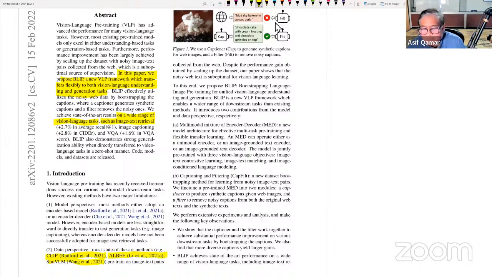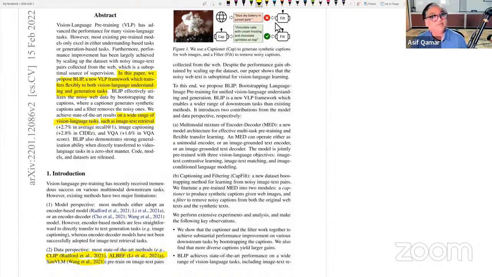So our paper shows that noisy web text is suboptimal. How can they possibly show that? By fixing the caption and retraining the model and achieving better performance. So one of the consequences of this architecture is that it gives you a correction machine, isn't it? A caption correction machine, effectively. To this end, we propose BLIP, which stands for Bootstrapping Language Image Pre-Training for Unified Vision